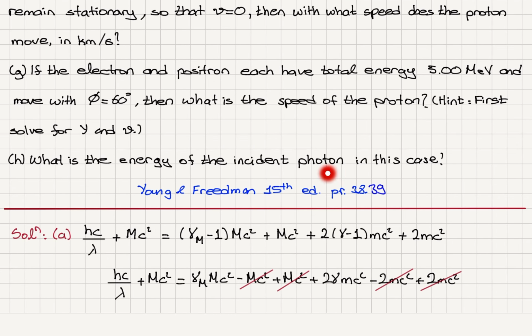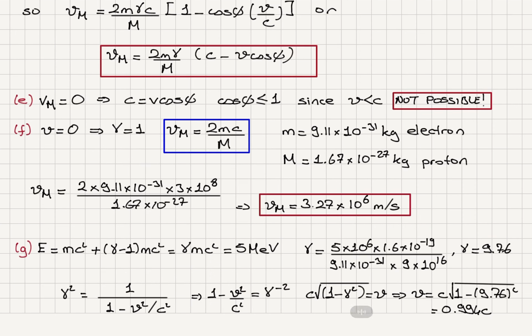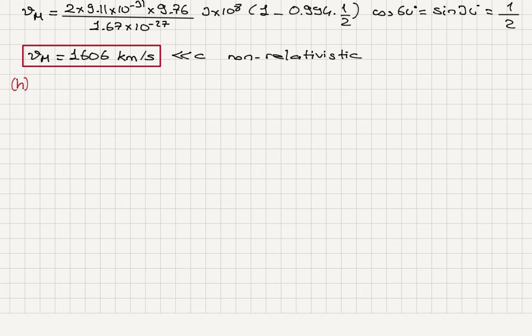What is the energy of the incident photon in this case? From the energy conservation, I have the incident energy hc over lambda. This is equal to twice the energy of the electron plus the kinetic energy of the proton, 1 over 2 m v capital M squared in the non-relativistic limit. So this tells me that the energy of the photon will be 2 times 5 times 10 to 6 eV plus